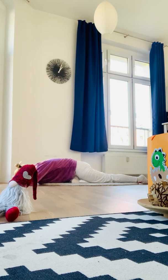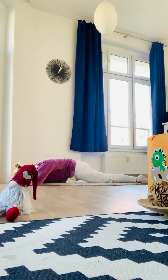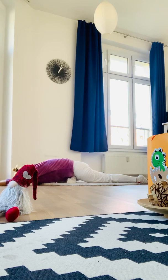Keep breathing here for 5. You can also, of course, raise up a little bit if you feel it's okay and comfortable for you. 4. 3. You can straighten your arms. You can put your head on the floor or on any yoga block, whatever is here. 3, 2,